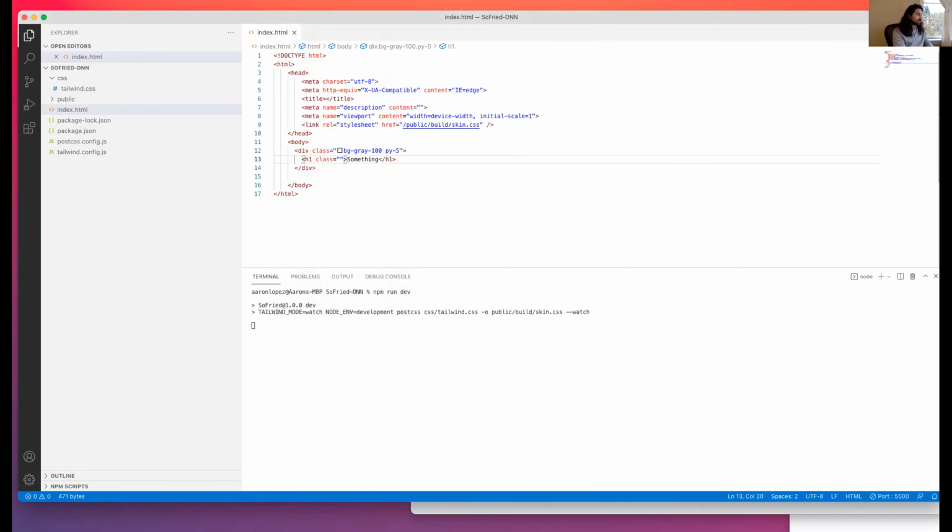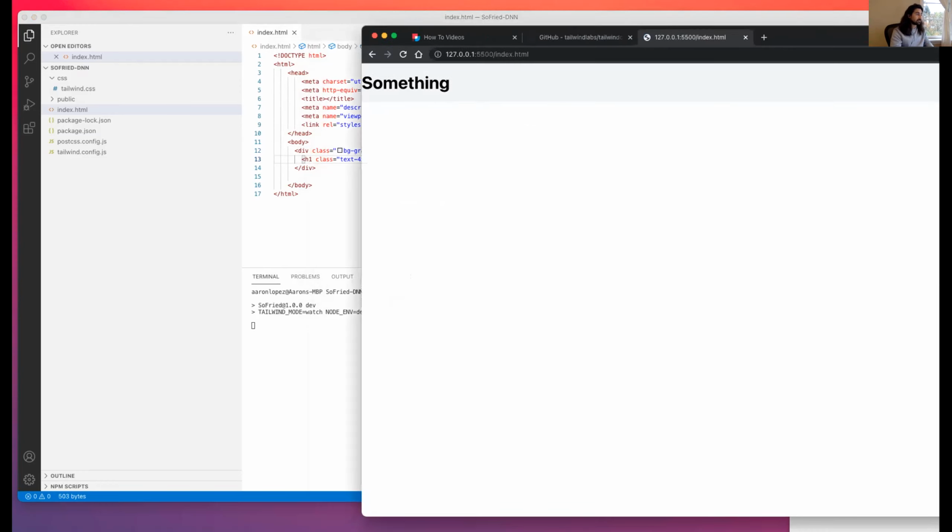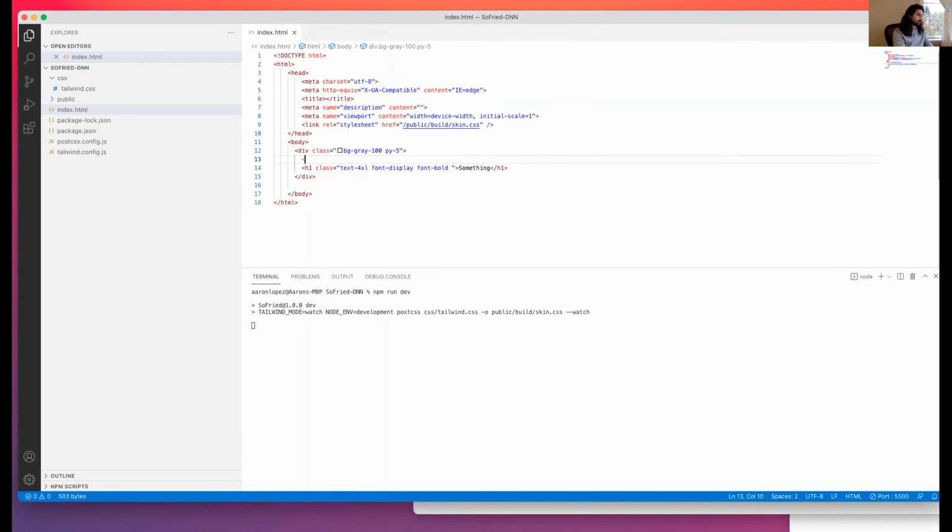And so if I do text-4xl to make it big, font-display to give it the display font, which doesn't really matter in this build particularly, and font-bold. Let's see what happens there. Okay, so it's a little bit bigger. So let's wrap it with the container.